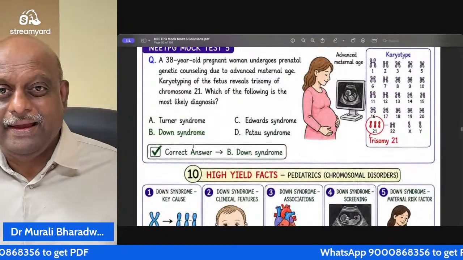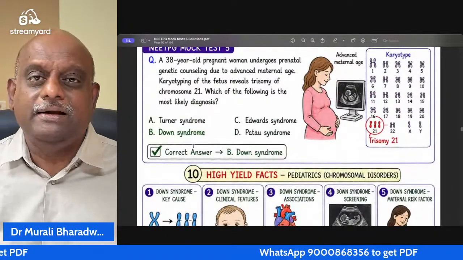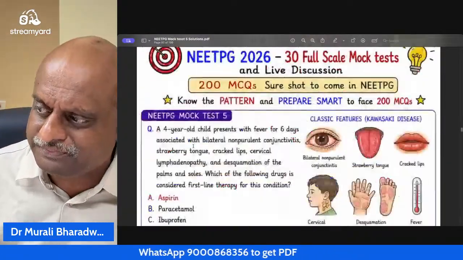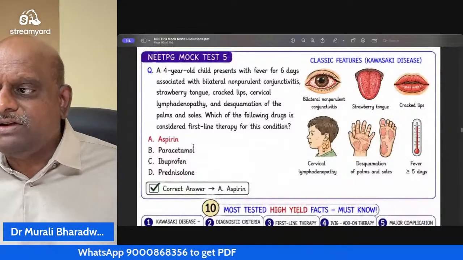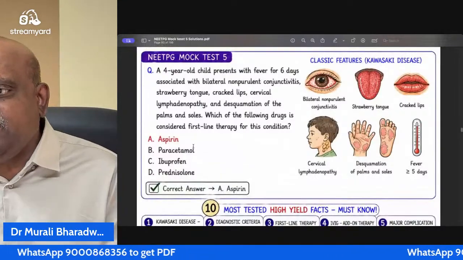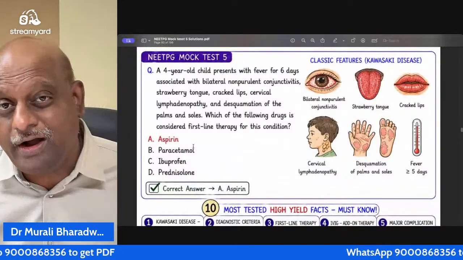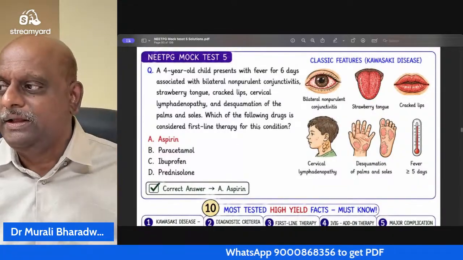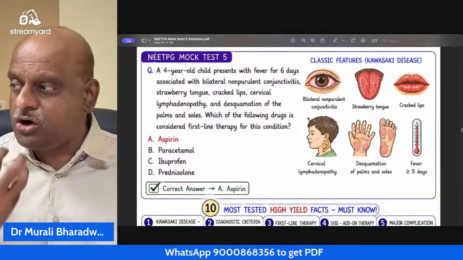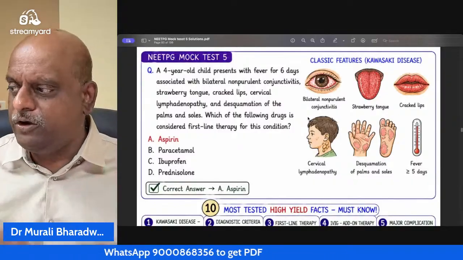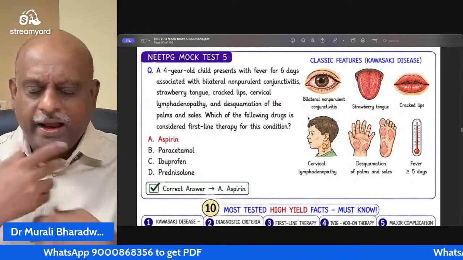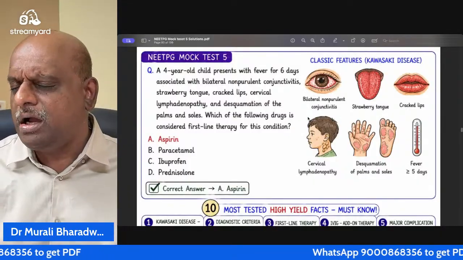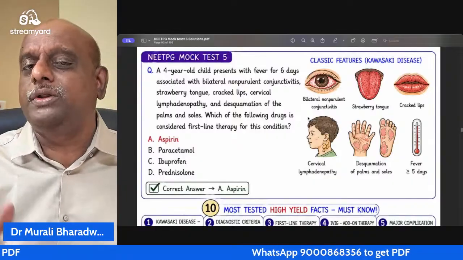Whenever there is a 38-year-old pregnant woman, advanced maternal age is a risk factor for Down syndrome. In Kawasaki disease, the first line therapy is not the steroid, it is the aspirin. So bilateral non-purulent conjunctivitis, strawberry tongue, cracked lips, cervical lymphadenopathy, desquamation of the palms and soles, and fever more than 5 days. The criteria to call Kawasaki disease must be there in your tips when you go to the NEET PG